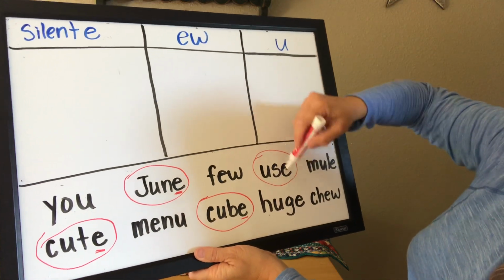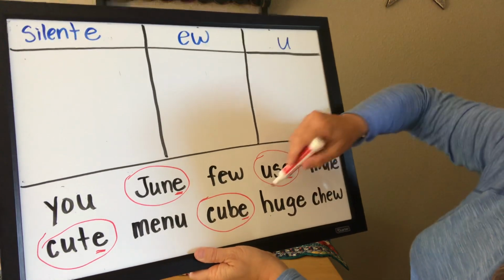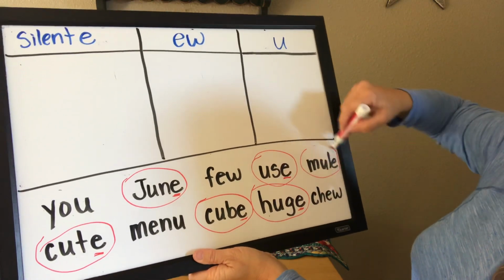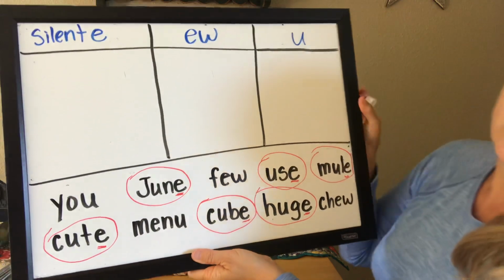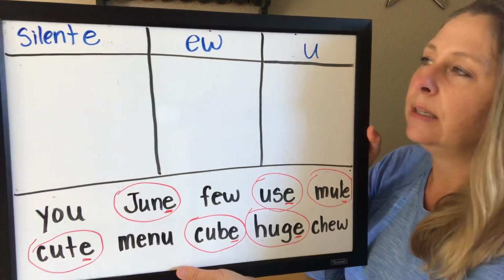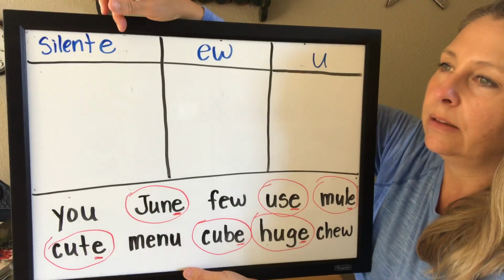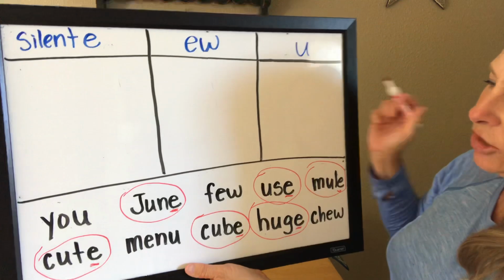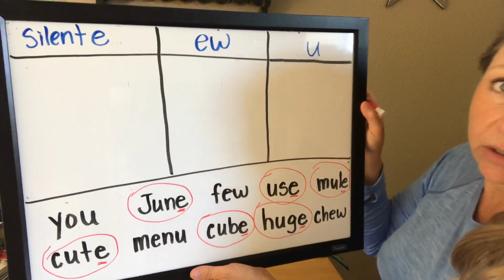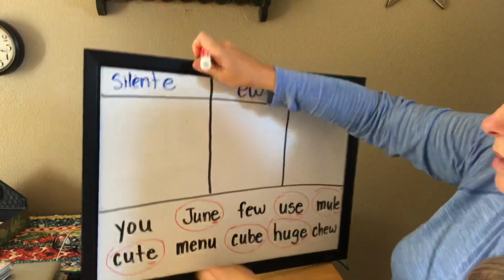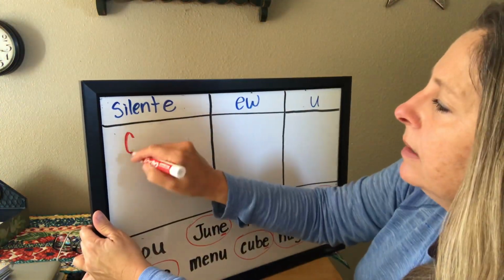This one, use, has an E on the end, huge has an E on the end, and mule has an E on the end. So in kindergarten, for the most part, you will see that silent E on the end of words making the U sound, okay? So let's just pop one of those into that category, and I'll let you guys do the rest at home. I'll do cute, and so I will put this down here and I'll write